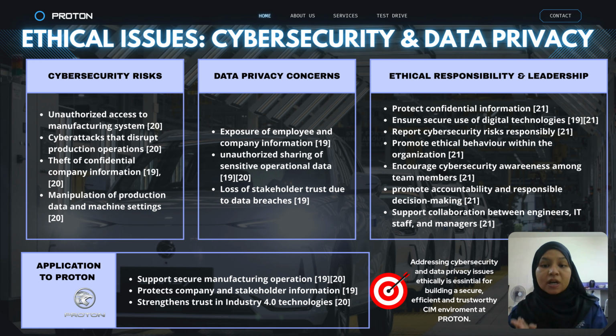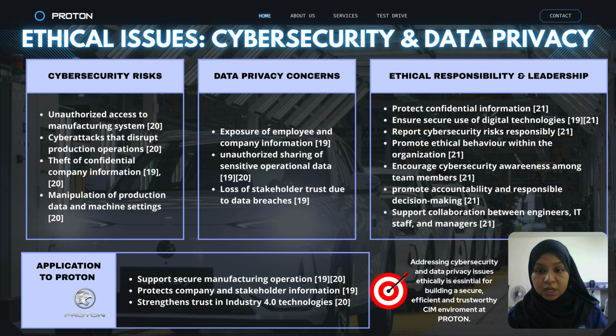As engineers, we have a professional responsibility to protect confidential information, to ensure the security of digital technology, and to report cybersecurity risks when they occur. We must also promote ethical behavior and accountability within the organization. In addition,